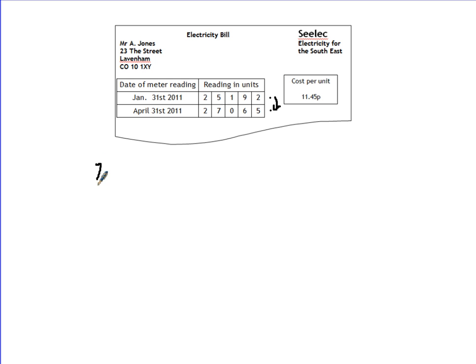So we're going to take 27,065, and then we're going to take off 25,092. So 27,065 take away 25,192. That then gives us